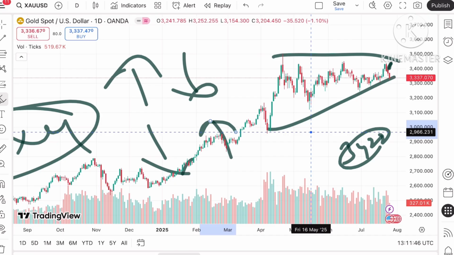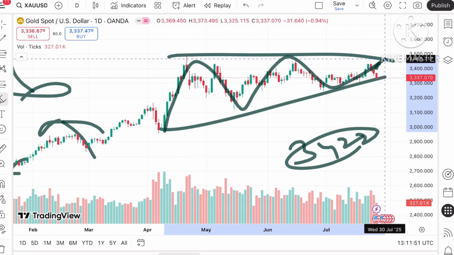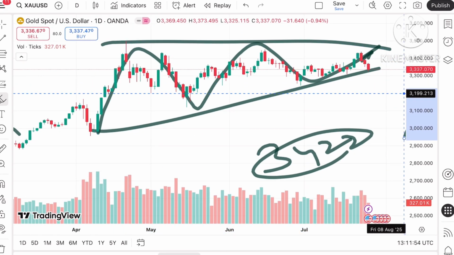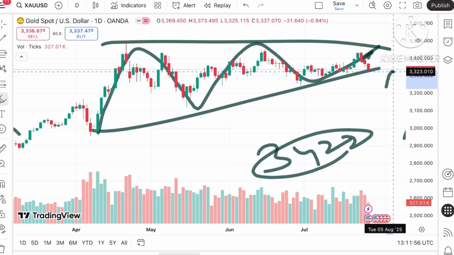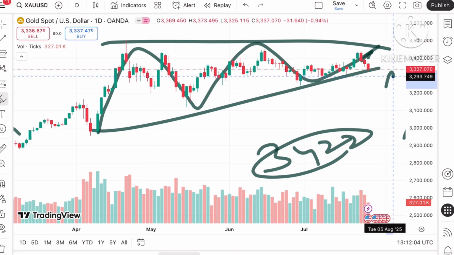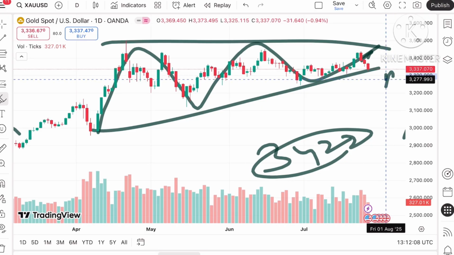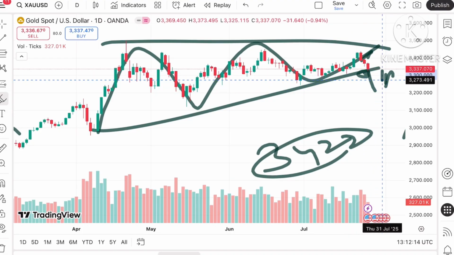Coming back again to the gold price, I've already explained to you, it is creating a pattern. So you have to understand that if it started falling below this level, it can touch a level of 33.22, then to a level of 33.18, and from there a level of 33.07. Then it can move further towards 33.00 and a probability of crossing that level we can see, then to a level of 32.93, and it can move towards 32.86. And if the price falls below this level, this trend can break downside, so we can see there can be a further fall towards